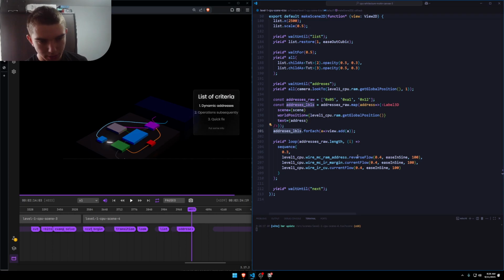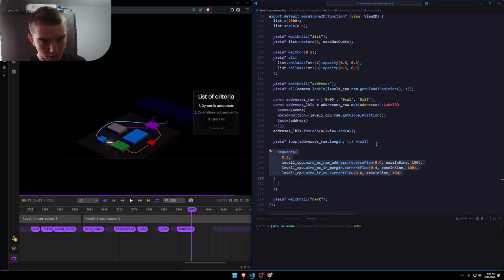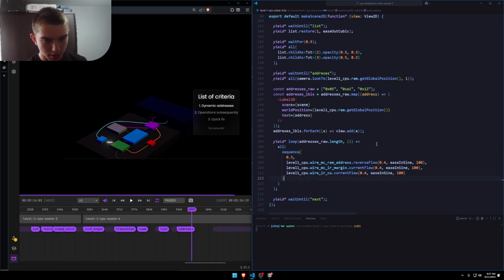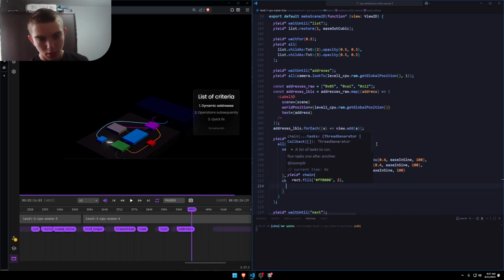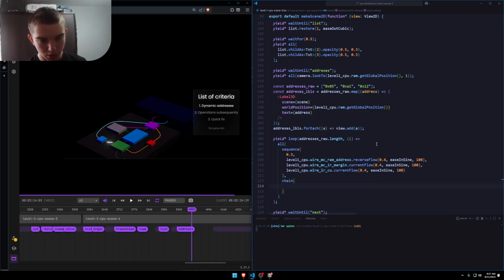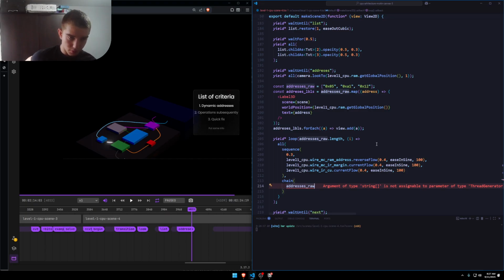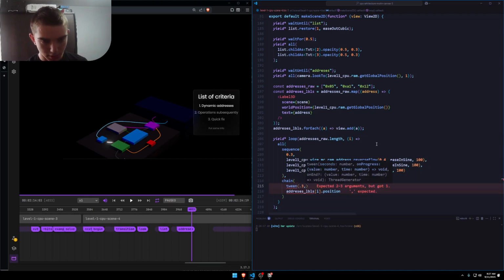So we're going to take every address, wrap this in all, and while this sequence is happening, another sequence of, or not a sequence, a chain probably, will get the address to its location. So address row, not row, sorry, labels, index dot position, actually it should be in a train of 0.3 seconds on progress value, like this,